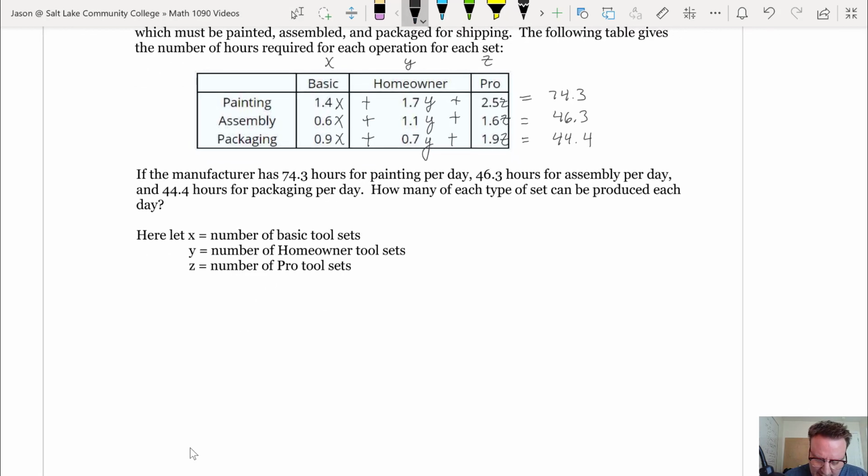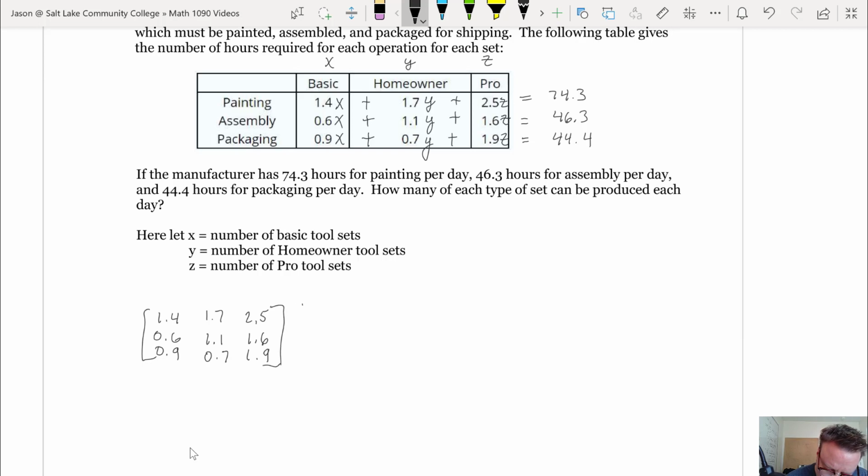Well, I think we can take that grid of data as is and write 1.4, 1.7, 2.5, and then 0.6, 1.1, 1.6, 0.9, 0.7, 1.9,